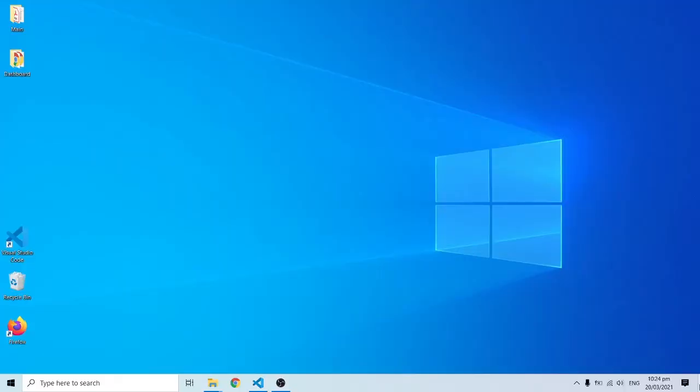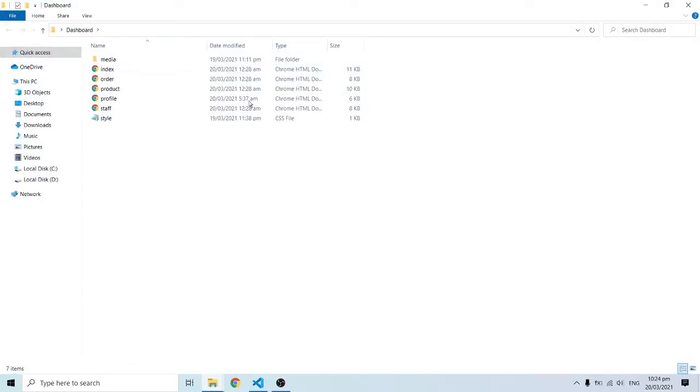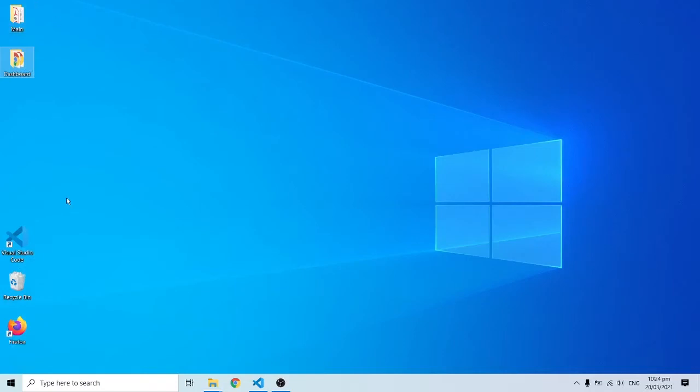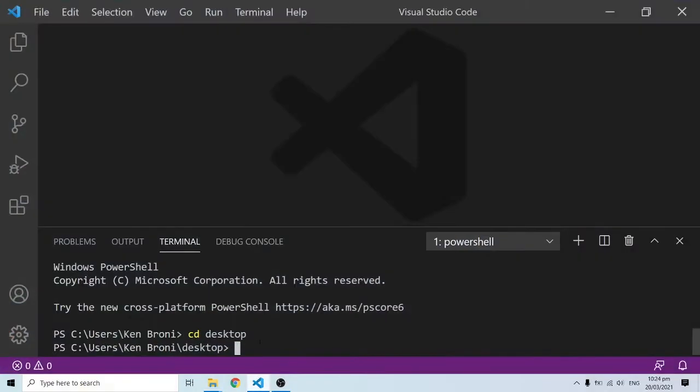And let me quickly switch over here. As you can see on my desktop, I only have this dashboard folder, and this is actually the folder for the templates. Then I have a main, so I don't have anything except for these two folders. Now I'm going to create a Django